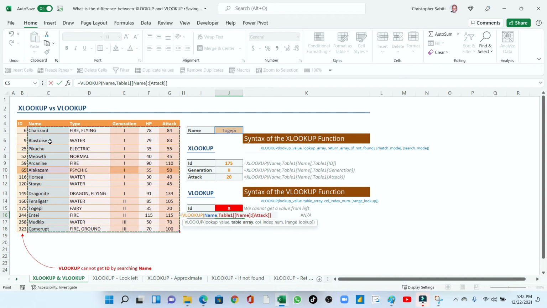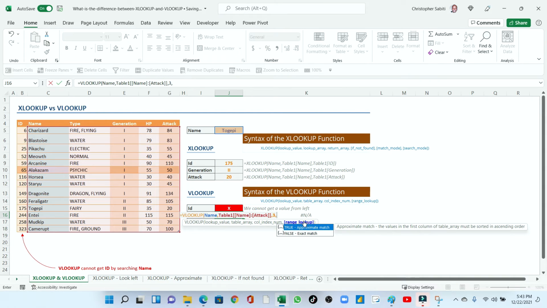In other words, you're supposed to start with a column where we find the lookup value. So I can't start with ID because the lookup value is on name. That is another disadvantage we have with VLOOKUP and a big difference with XLOOKUP. Then comma, then the column index number. So you have to count to the generation. Now we are looking for the generation. It is in which column number from the first lookup column? The first lookup column is the name, then we go to type number 2, then generation number 3. So that's why I will put the column index number as 3.